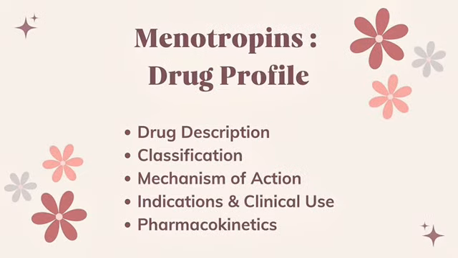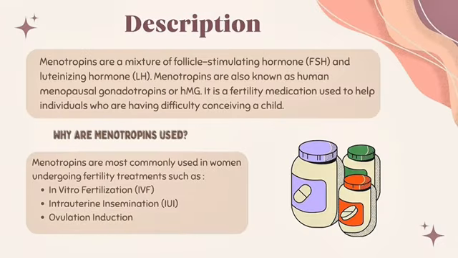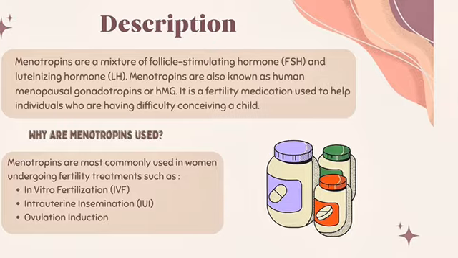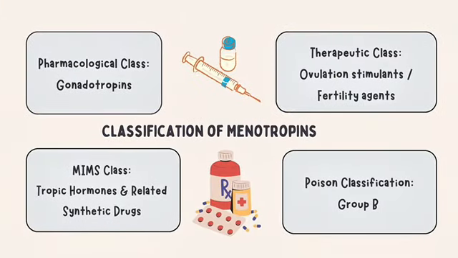Hello everyone, today I'll present about drug profile of menotropins, a fertility medication. Firstly, menotropins are a combination of two hormones, follicle-stimulating hormone and luteinizing hormone. They are also known as human menopausal gonadotropins or HMG. In terms of classification, pharmacologically they fall under gonadotropins, therapeutically as fertility agents, and they are categorized as group B